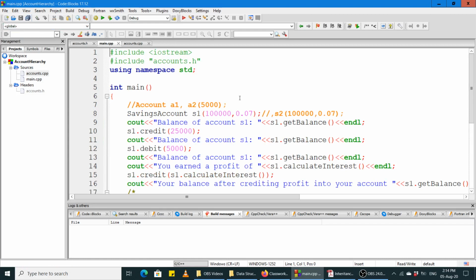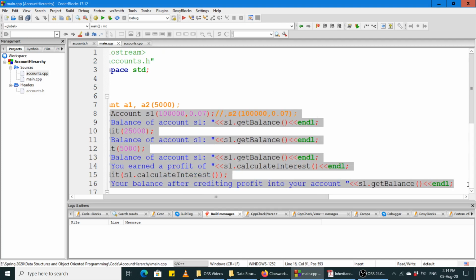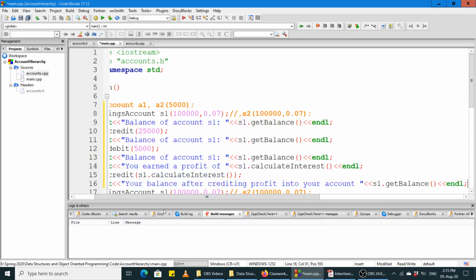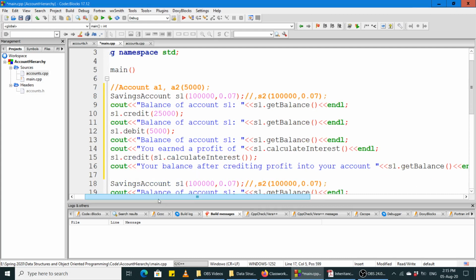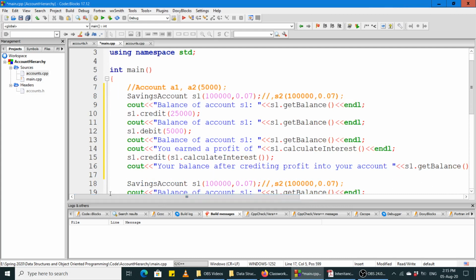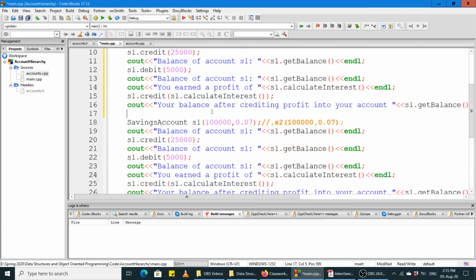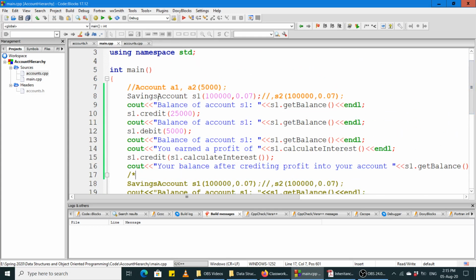So let us create... अच्छा, मैं इसको फिर से कॉपी करता हूँ, ठीक है, और इसको फिर से पेस्ट करता हूँ, पेस्ट हो गया। अच्छा जी, and I comment this thing out, इस पुराने वाले कोड को मैं कमेंट आउट करता हूँ ताकि आप सिर्फ करंट अकाउंट क्लास का जो बिहेवियर है उसको देख सकें, ठीक है।